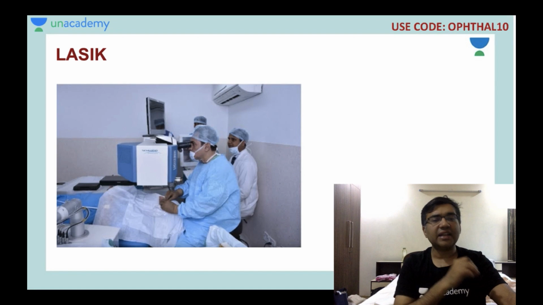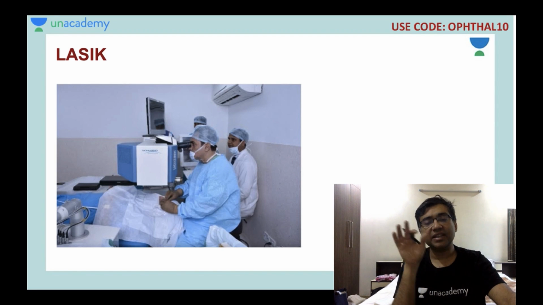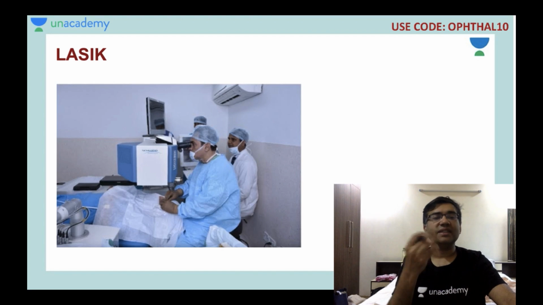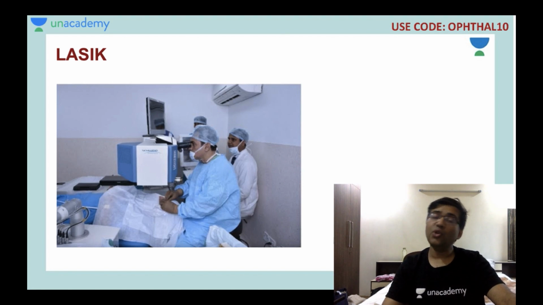Then there is another type of Lasik which does not involve a flap. You just have to make an incision in the cornea and remove a lenticule, that is called small incision lenticule extraction. So you can see more about Lasik in my Numero Uno in Ophthalmology series,